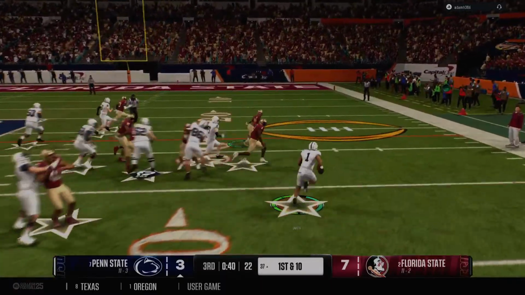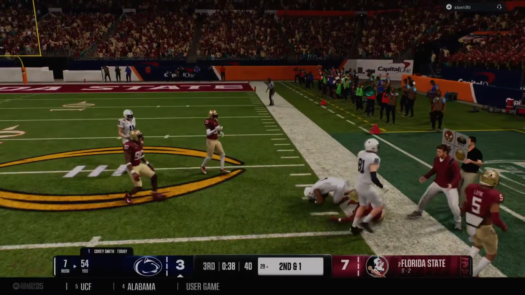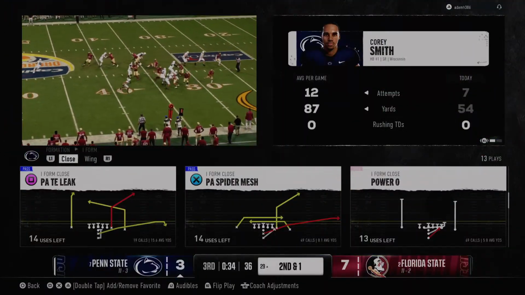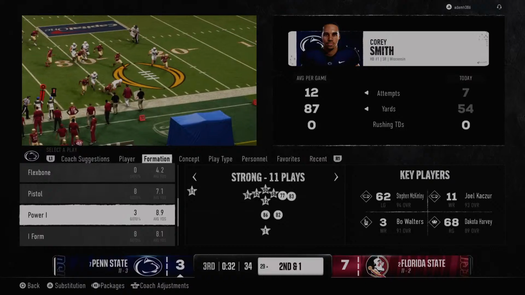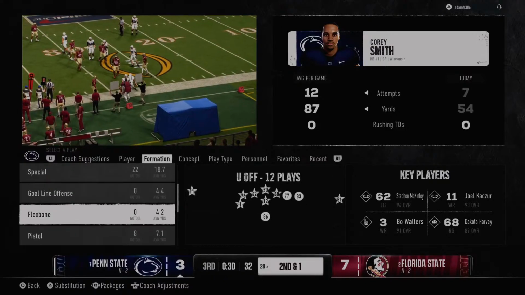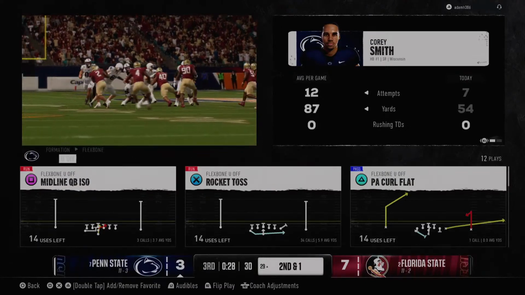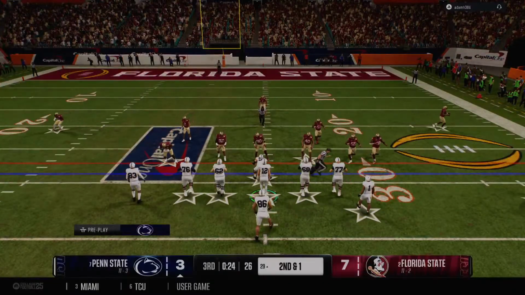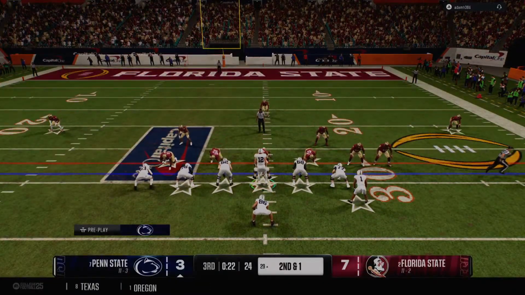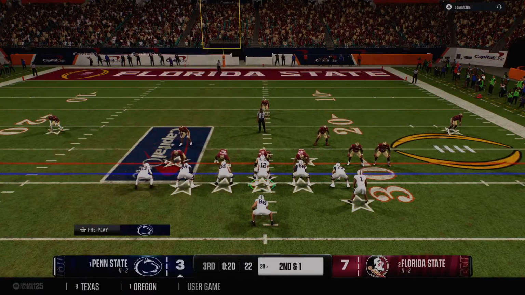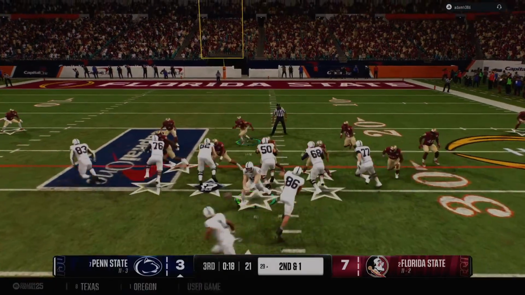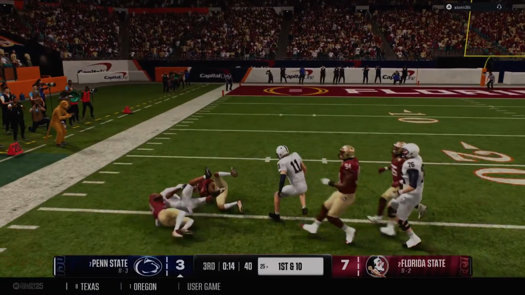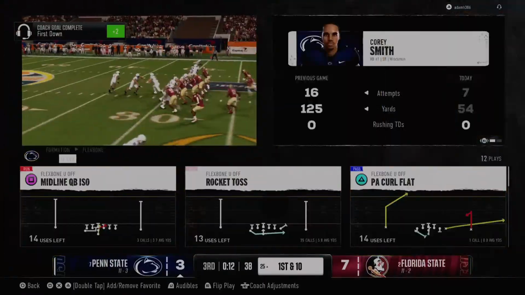And then first down, right back to the running game. And he's able to find some running room. Nice pickup. Chris, the defense dials up the blitz. They're unable to get into the backfield, giving the running back enough room. I'll tell you, the linebacker makes a great play just to come up with a tackle here. Second down after that run on the previous play. Send the back in motion. And the Nittany Lions are going to keep this drive rolling.